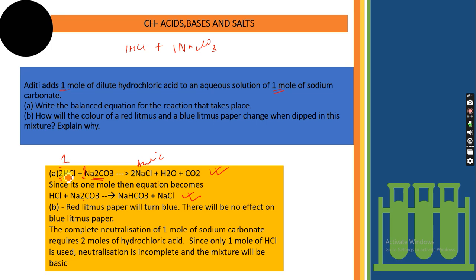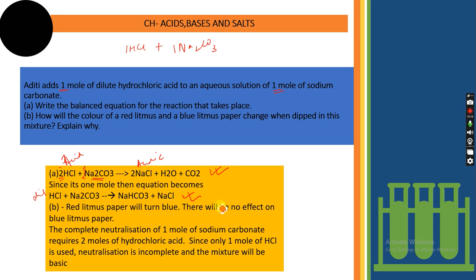So what will happen, तब 2 moles ले रहे हो मतलब उससे ज़्यादा, HCl is acidic, right. तो क्या होता, then the resulting solution had to be an acidic solution. लेकिन यहाँ पे क्योंकि 1 mole है, then what is happening, and it's a dilute HCl. Okay, तो इसमें क्या हो रहा है, the HCl, only 1 mole we are taking, is not able to neutralize the basic solution of sodium carbonate completely. It is partially neutralized, so इसके वजह से the solution still remains a basic solution.